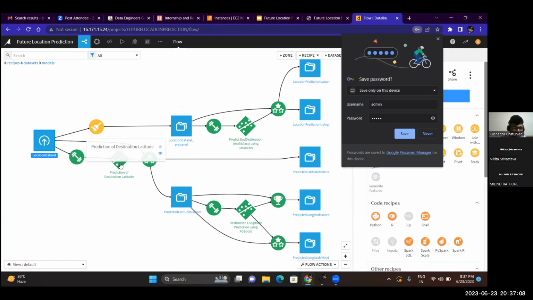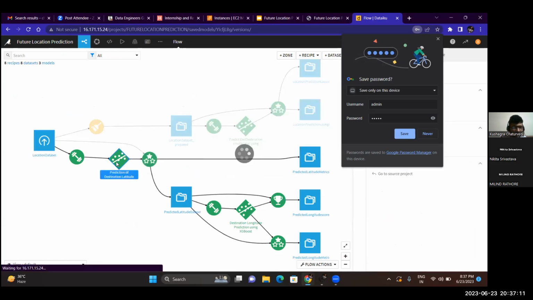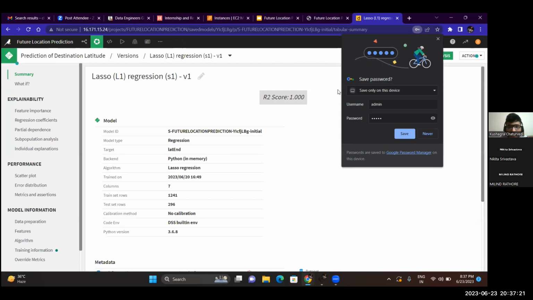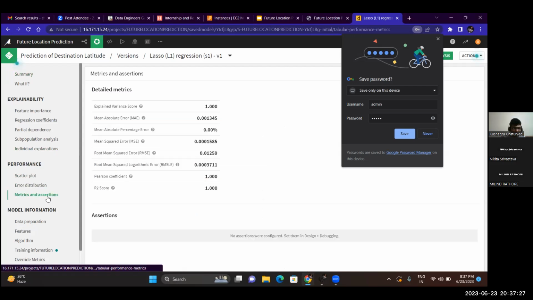Like this is the destination latitude model that was built here. So as you can see that destination regression, this is the snippet that was included there. We can go and also analyze the model that was built and see the metrics and assertion of various other features here. So there is that, and we can also go to the